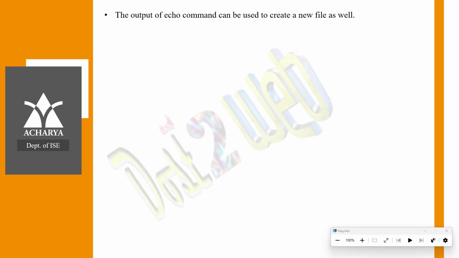Vi. What is the disadvantage of Vi? Suppose you are typing something and accidentally you close your terminal. Next time when you try to open that file, it will be corrupted. You have to recover that file and then work. That is the one disadvantage of Vi. In nano, you will have an option for saving.